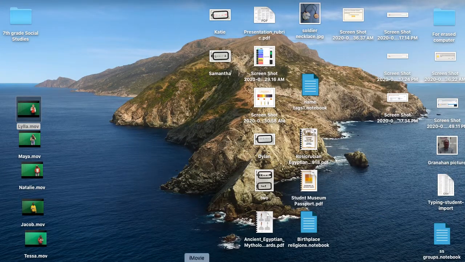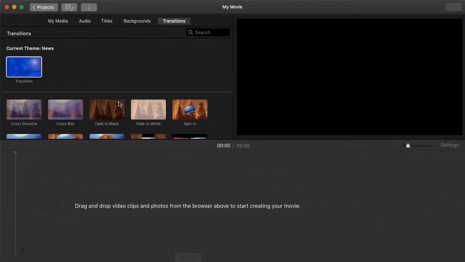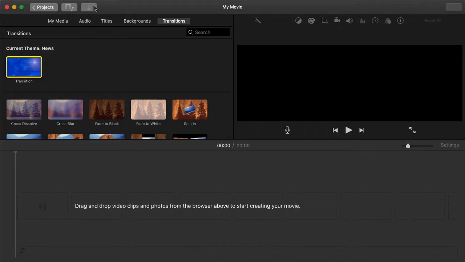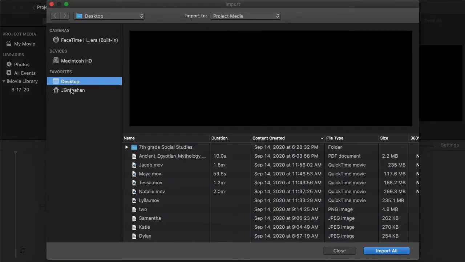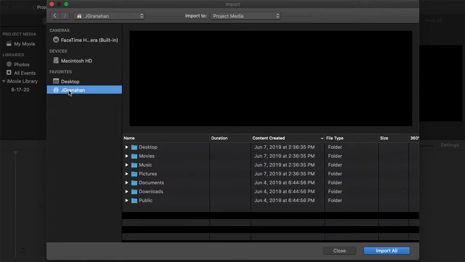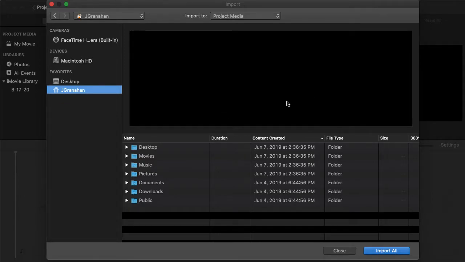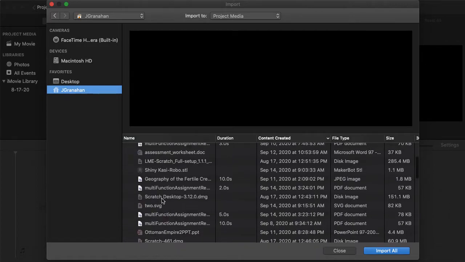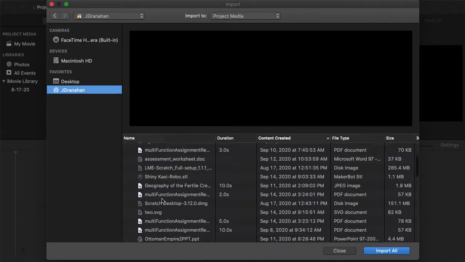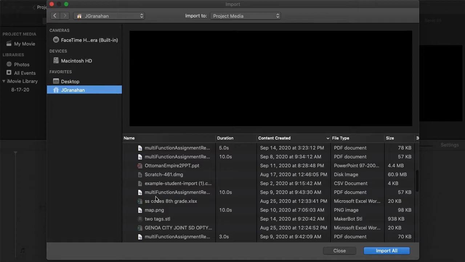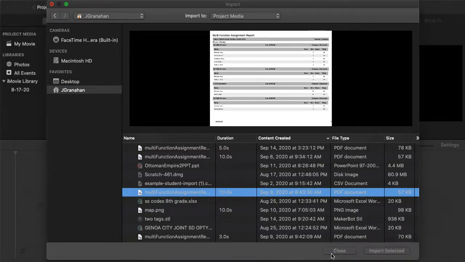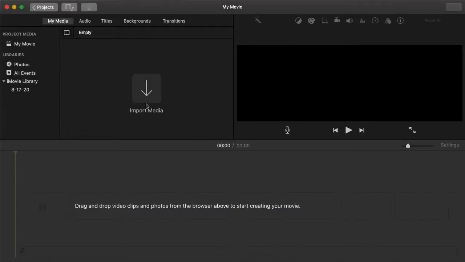So to do that, if I am in iMovie, we're going to click on the import arrow right up here for your media, and then you're going to go over here. Your option will be student, and then you're going to go and find downloads right here, and it asks if it wants to have access. You're going to say OK, and then here you'll find the download folder of your video file. So you'll click whatever that video file is and say import, and then that will be imported into your file